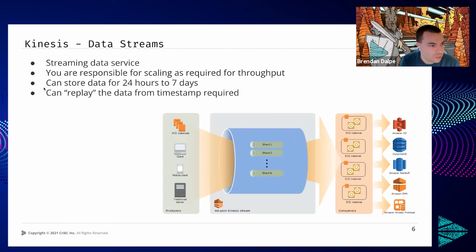And that's the last point here. You can replay the data from the last timestamp that you retrieved. So Amazon will handle that for you. It's like pausing a TV show. You just pick up where you left off. It knows exactly where that timestamp is and starts playing from there. So that's nice, but it's a little cumbersome for folks to do this in terms of getting the data over